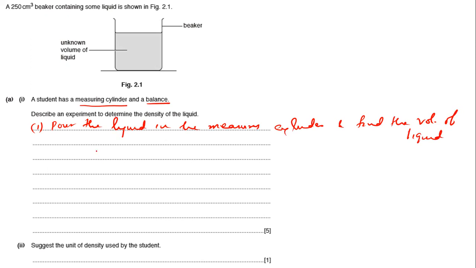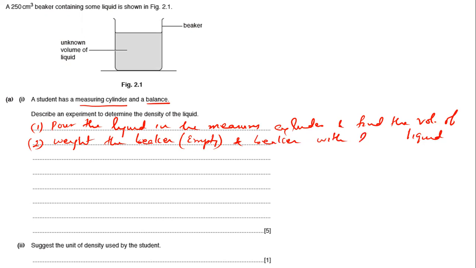And then the second step: before pouring the liquid back in the beaker, you can weigh the beaker, find out the weight of the beaker, and then pour the liquid back in and measure that weight. Okay, weigh the empty beaker and